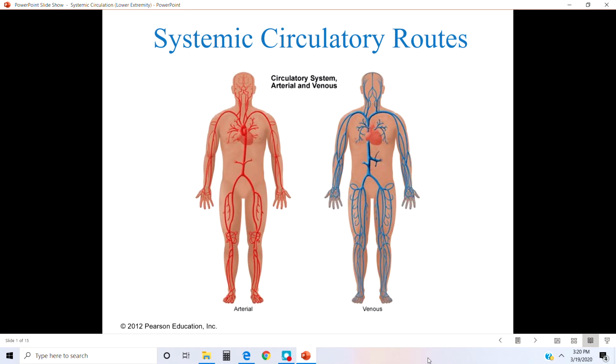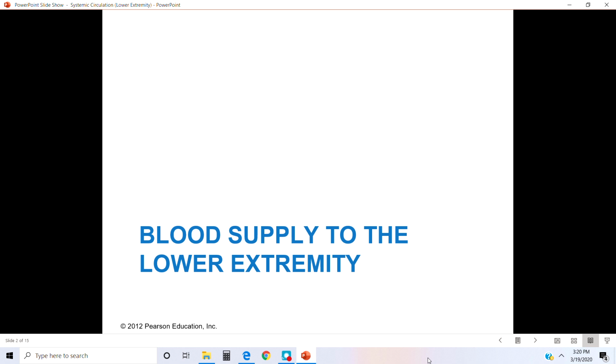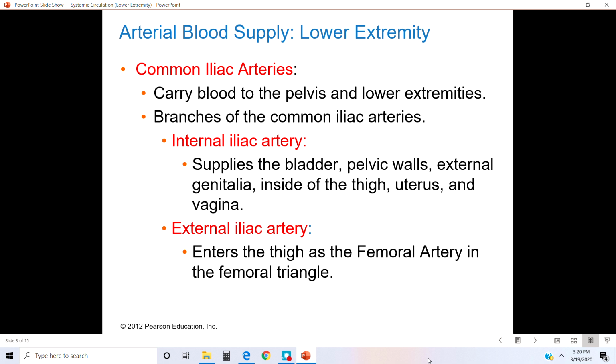In this lesson, we'll finish up the systemic circulatory routes by taking a look at the blood vessels of the lower extremity. So let's start with the arteries. We had said in a previous lesson the aorta ends at the level of L4, L5, and it divides